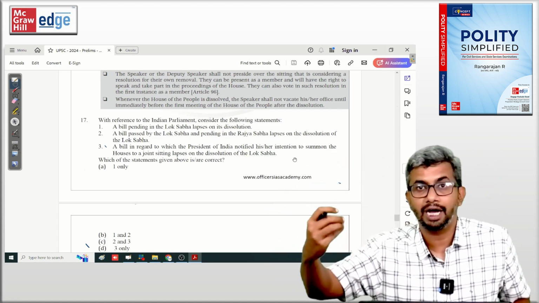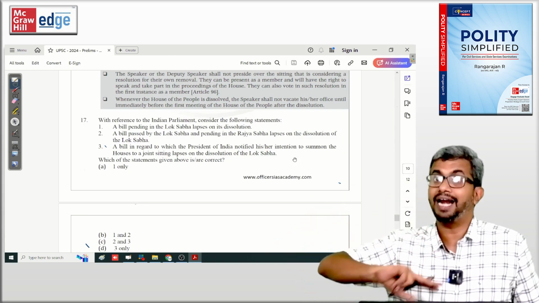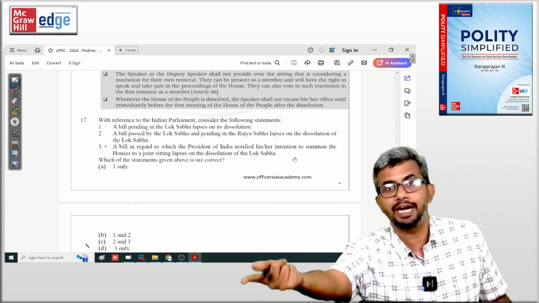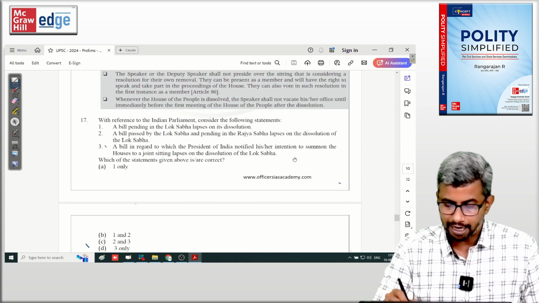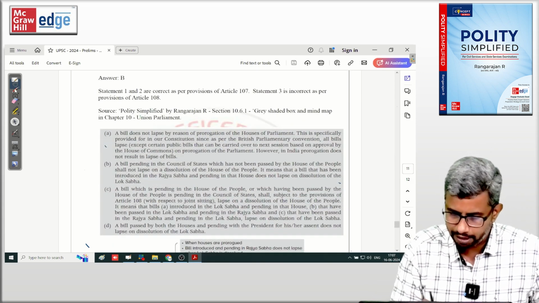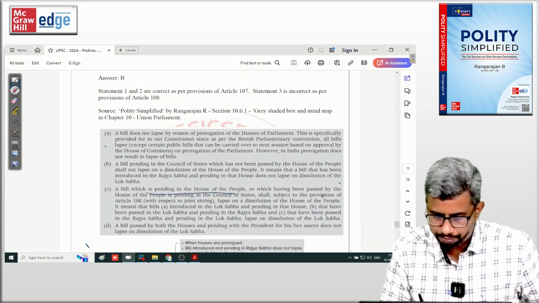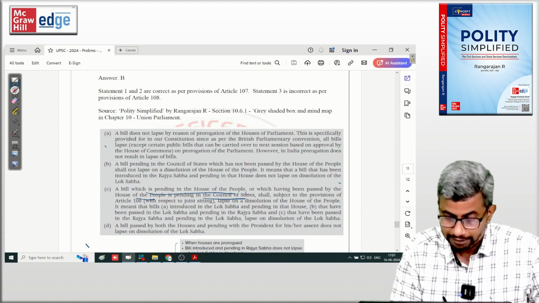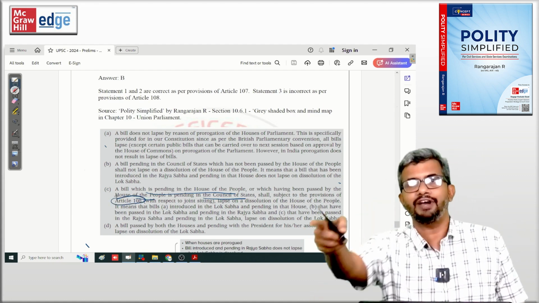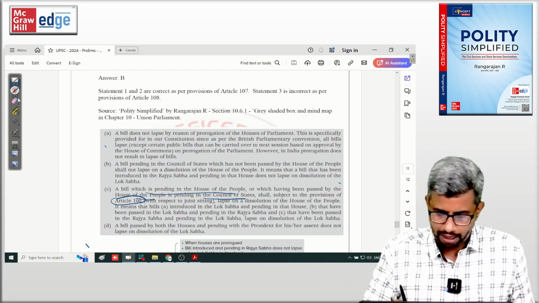Even with the new Lok Sabha, the president may call, not compulsory, but may call, but the bill does not lapse if already the joint sitting is notified. If before notifying the joint sitting, Lok Sabha is dissolved, the bill anyways lapses. So this is given in Article 107. Again, a grey shaded area, right? A bill pending in the House of People lapses. A bill having passed by the House of People and pending in the Council of State lapses, subject to the provisions of Article 108. So, if joint sitting has already been notified, it does not lapse. So, this is the summary, which is again provided in a grey shaded area and also a mind map in the book.